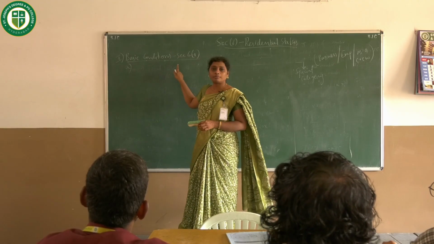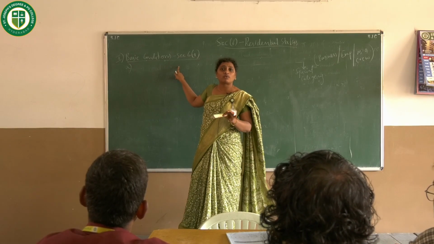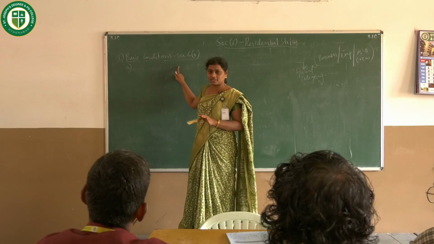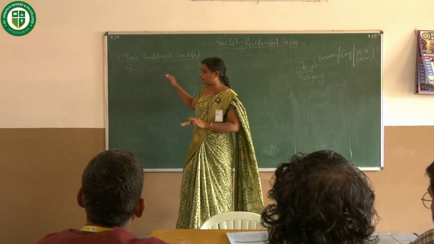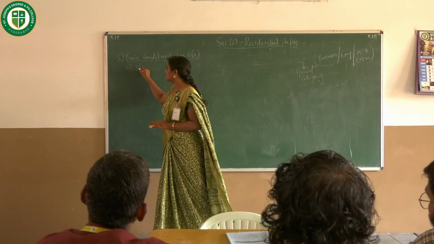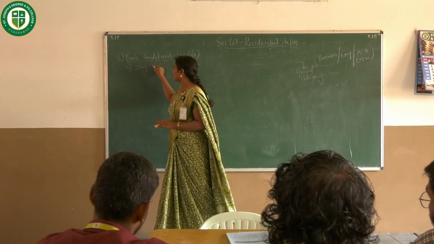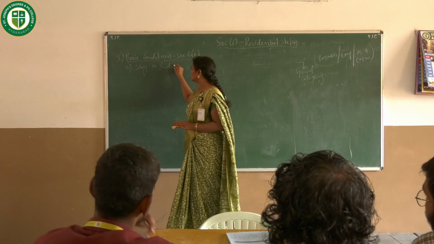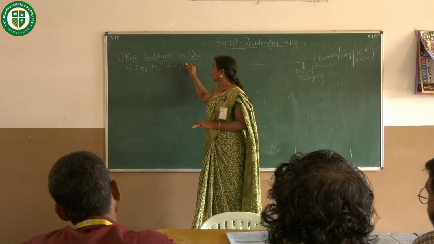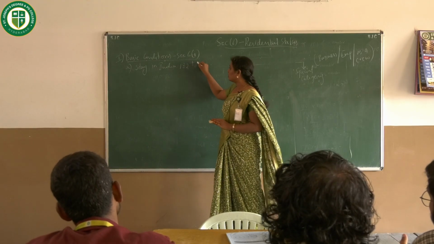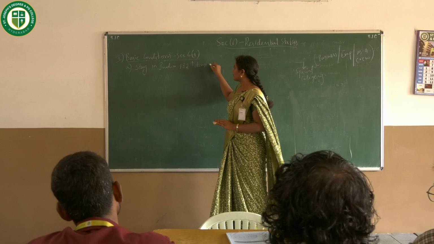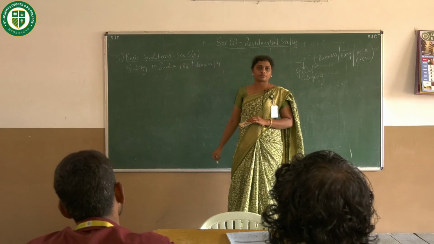In the first one, a person should stay at least 182 days or more in a previous year. How many days? At least 182 days or more in a previous year. That is the first condition. A person should stay in India for 182 days or more in the previous year. Or